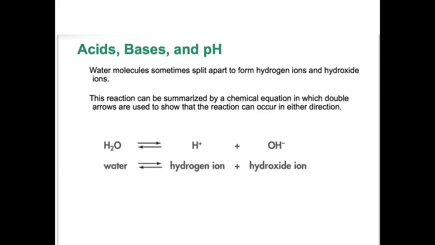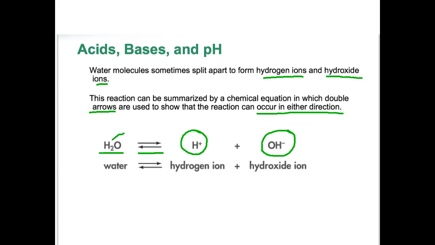Sometimes water molecules will actually split apart, and when they do, they will form hydrogen ions and hydroxide ions. Remember, an ion has a charge. So here would be our hydrogen ions, and here's the hydroxide ion that our water split into. The reaction is written with these double arrows that go back and forth. It shows that this reaction can occur in either direction. So the water molecules can be split apart, or these molecules